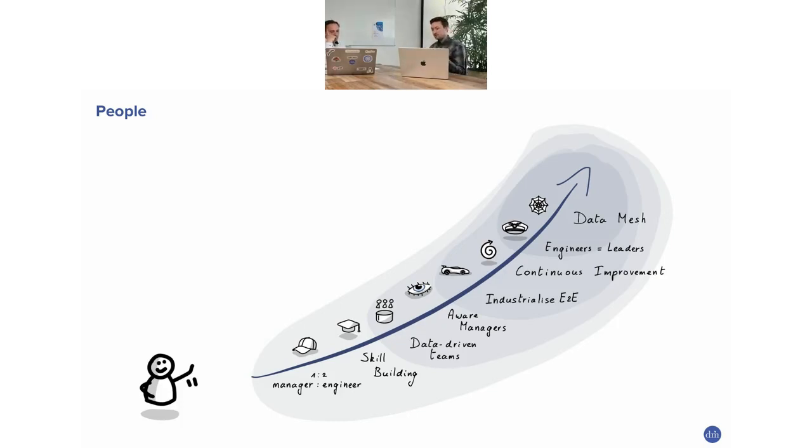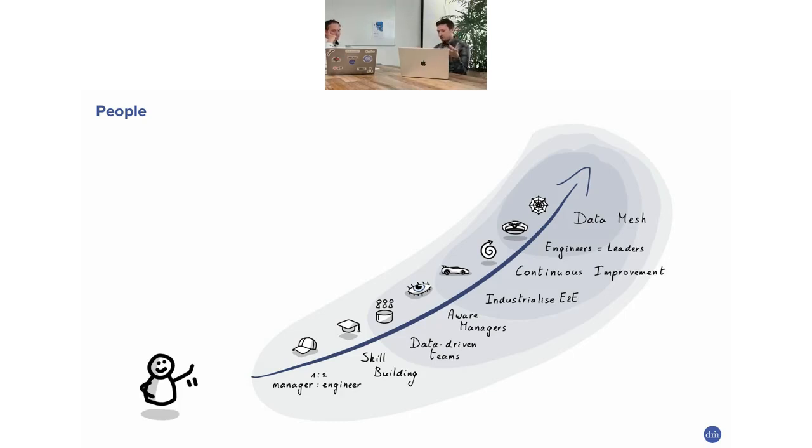But when your team is industrializing and has the full ownership, you also often see continuous improvement. That's a cultural thing. You want to become faster and better, and you want to start automating things because that's the only way to go faster in the end. And at some point, your team members will become leaders themselves. Maybe on a technical level, we see people who become very mature and start speaking at conferences and start spreading beyond the company. And that's when you know you have really good people in your company, I think.